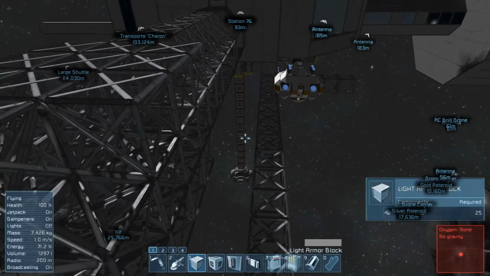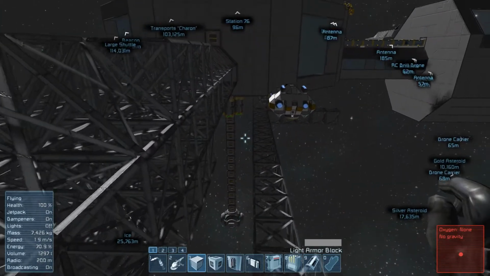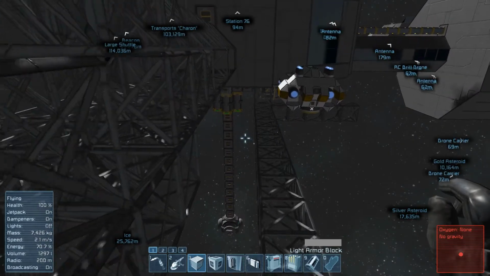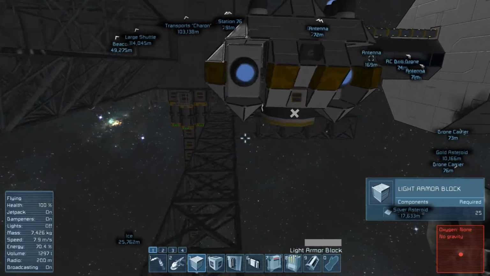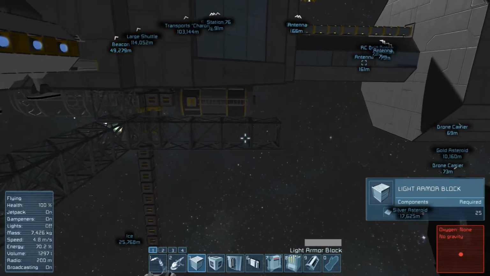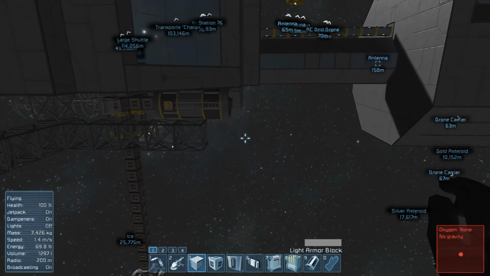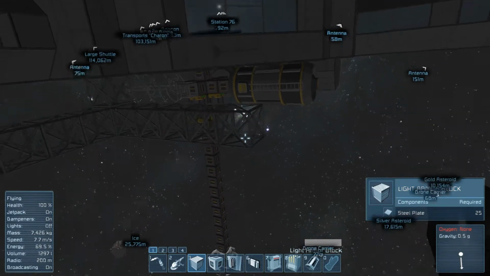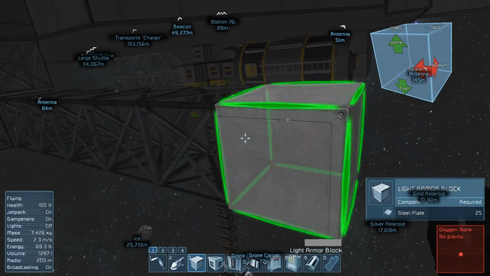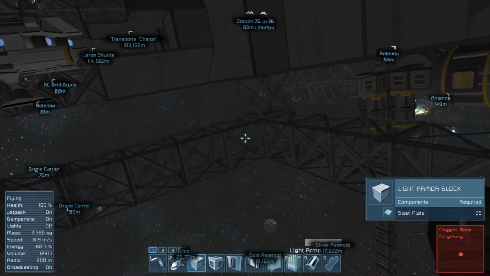So the wall of the hangar will be this side. So we have 1, 2, 3, 4, 5, 6, 7, 8, 9. I want to have more space. This is 9, and we also have...